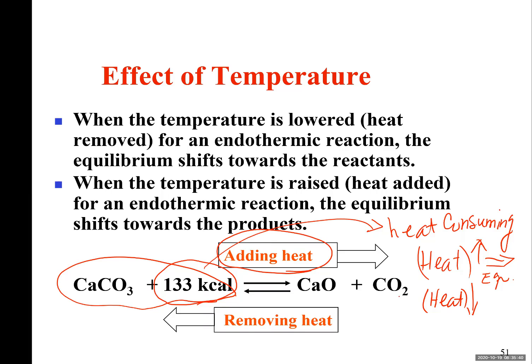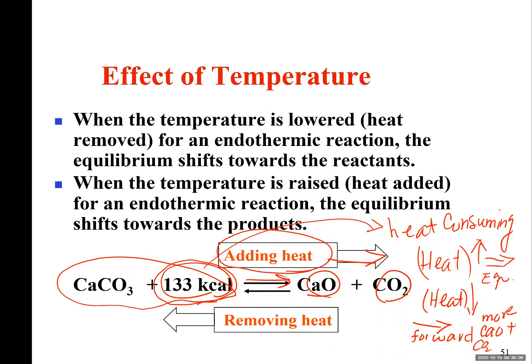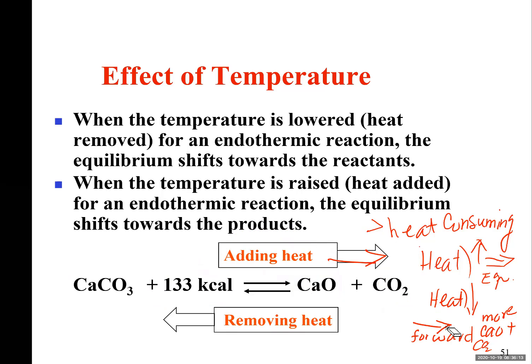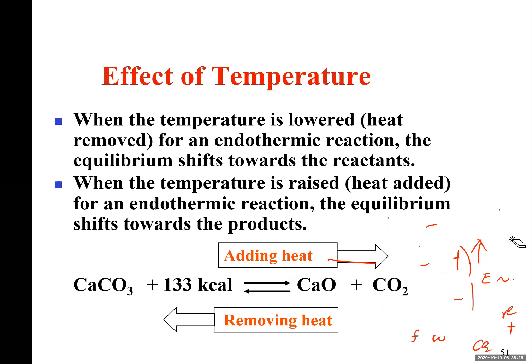Which direction would it shift? Obviously, it has to consume heat. It has to go forward. It makes more product. So the reaction goes forward, which means more of CaO and CO2. Do I make sense? Any questions? Guys,